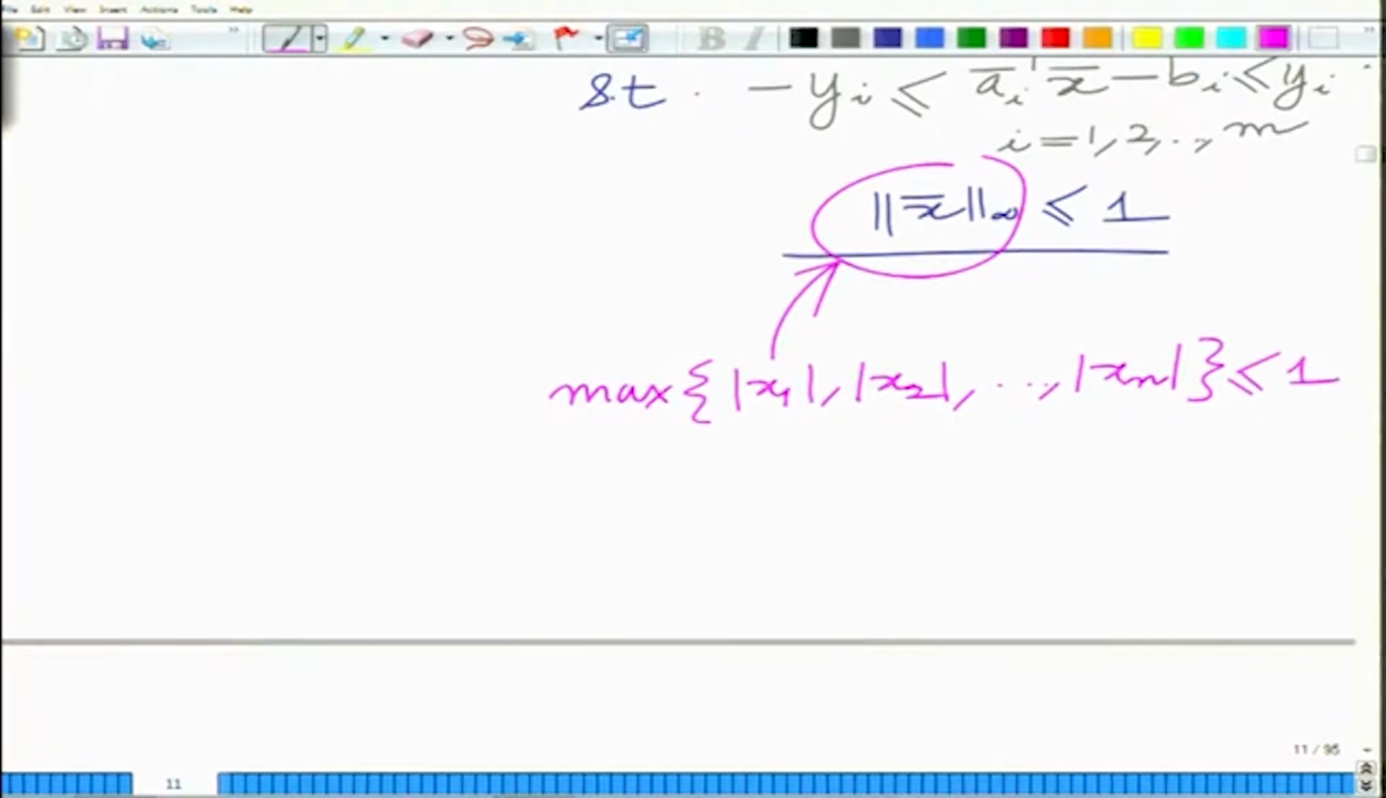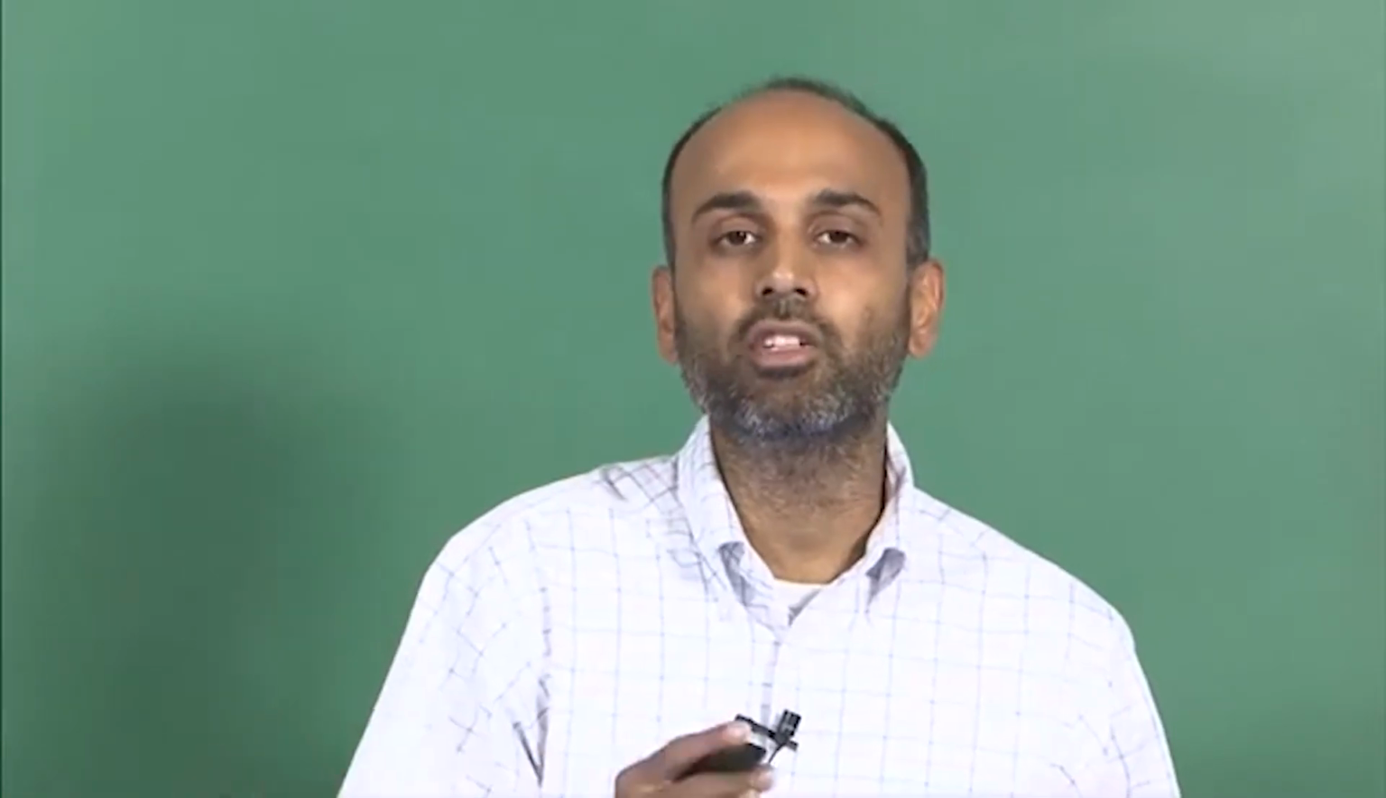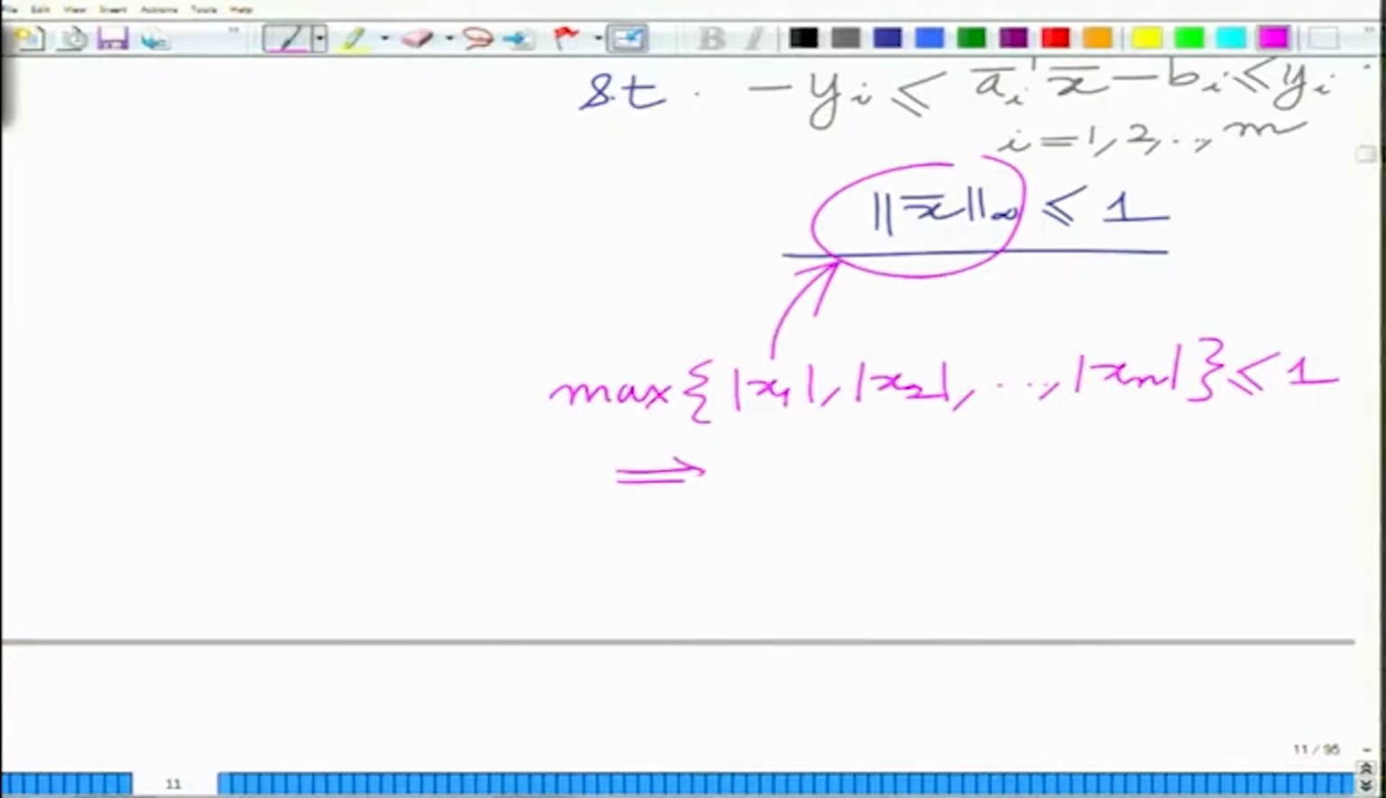So, the maximum of n quantities is less than or equal to 1, that means each of those quantities is less than or equal to the same thing. If the maximum of n quantities is less than or equal to something, then each of those quantities must be less than or equal to the same thing. So, this means that you have magnitude of x1 less than or equal to 1, magnitude of x2 less than or equal to 1, and so on, magnitude of xn less than or equal to 1,